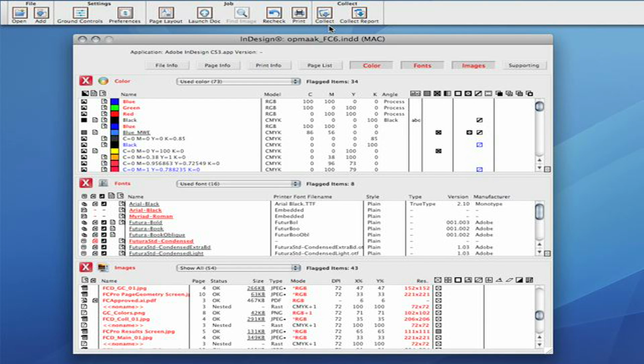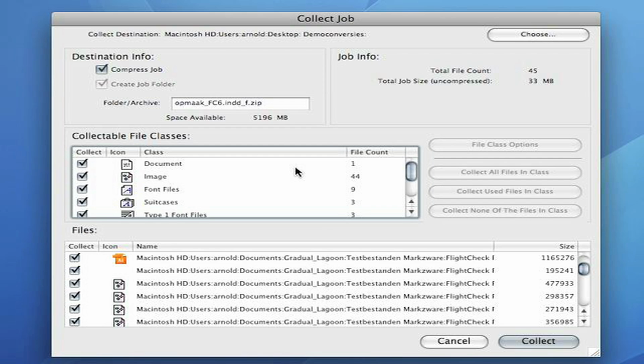The collection button hands you the great feature of collecting all elements needed to guarantee a good output for your file. It enables you to set the location of the collected file. You can set zip compression to prevent file corruption during digital sending of your files, and choose any name for that compressed file, leaving the original file name intact. It will also provide information on the total amount of files that will be collected and the size of the uncompressed document. On default, FlightCheck will create subfolders when collecting your file, but if you want to customize these settings